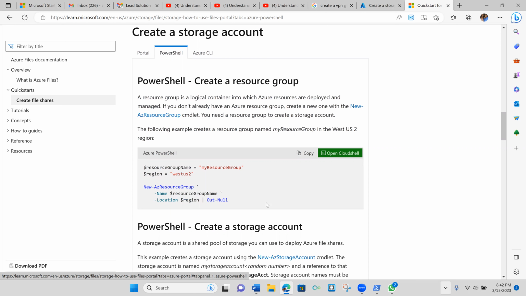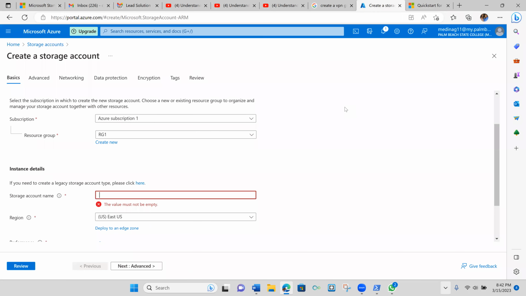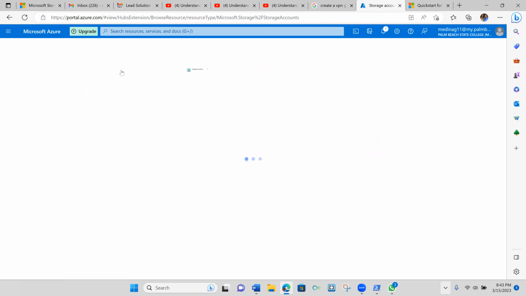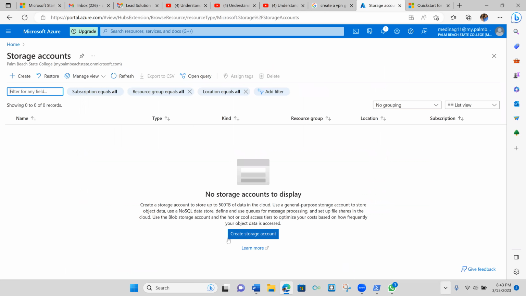Let's go ahead and pull up the Azure portal and start doing this. Say we were at the home here. First thing first, to create this, we have to go to the storage account, which is right there. Let's say we create a storage account,